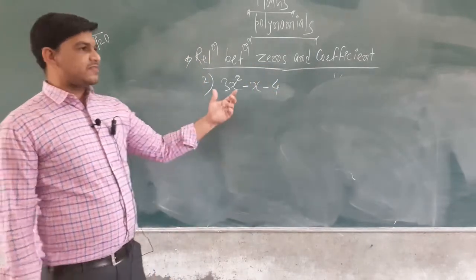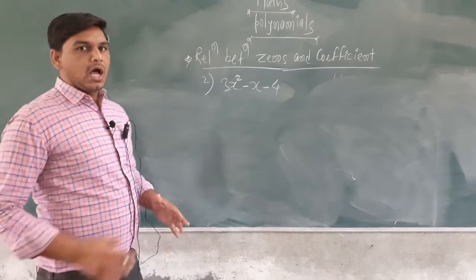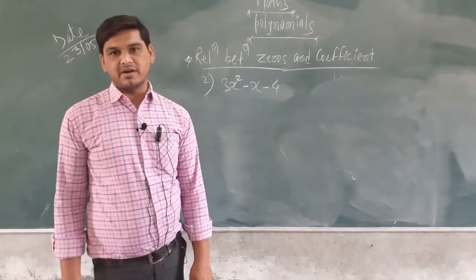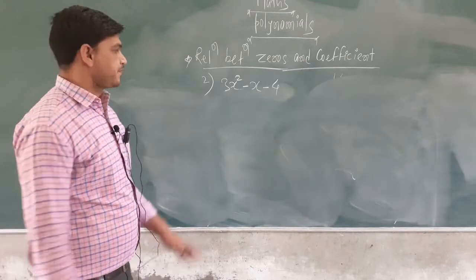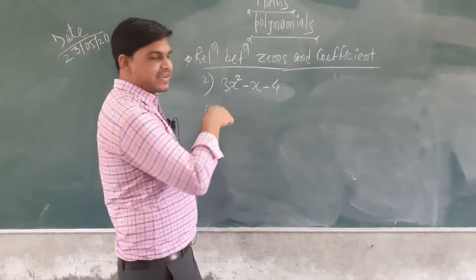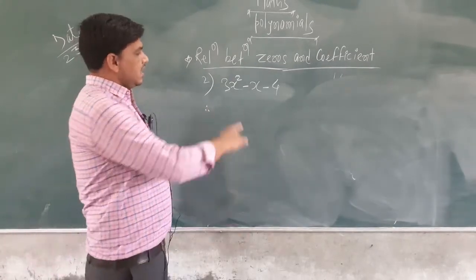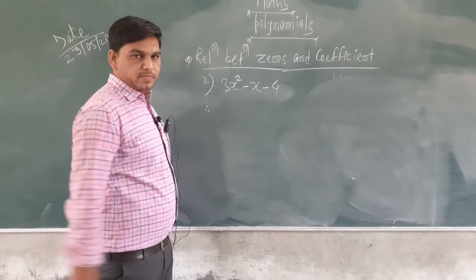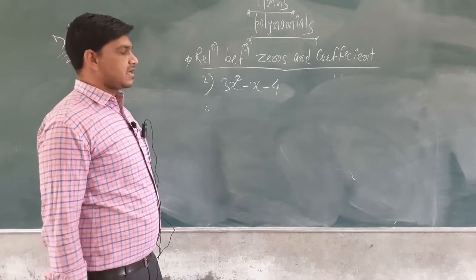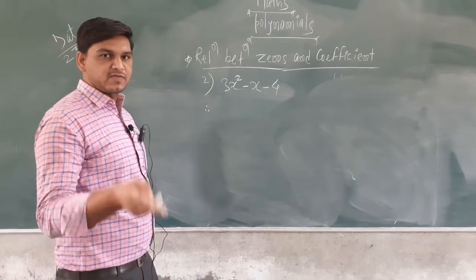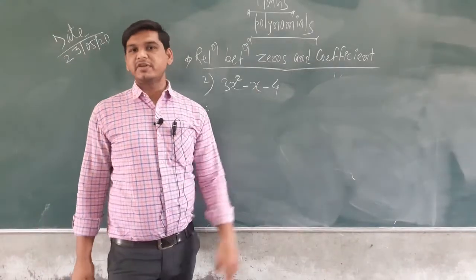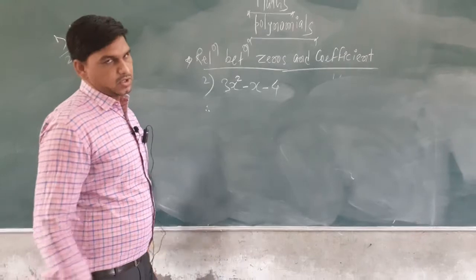Okay, now this is one of the standard quadratic equations. How can we find the zeros and compare with the standard quadratic equation and check the relationship between them? First of all, to find the zeros, we have to factorize this quadratic equation. Here is 3x square minus x minus 4. First term is 3 and last term is minus 4, right? What is the multiplication of 3 and minus 4? That is minus 12. And minus 12, we have to split, and we have to take the value of minus 1.